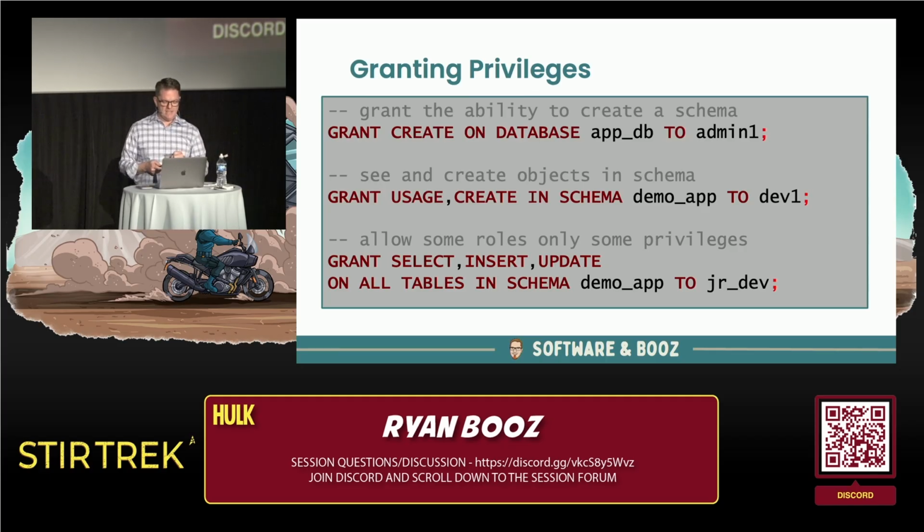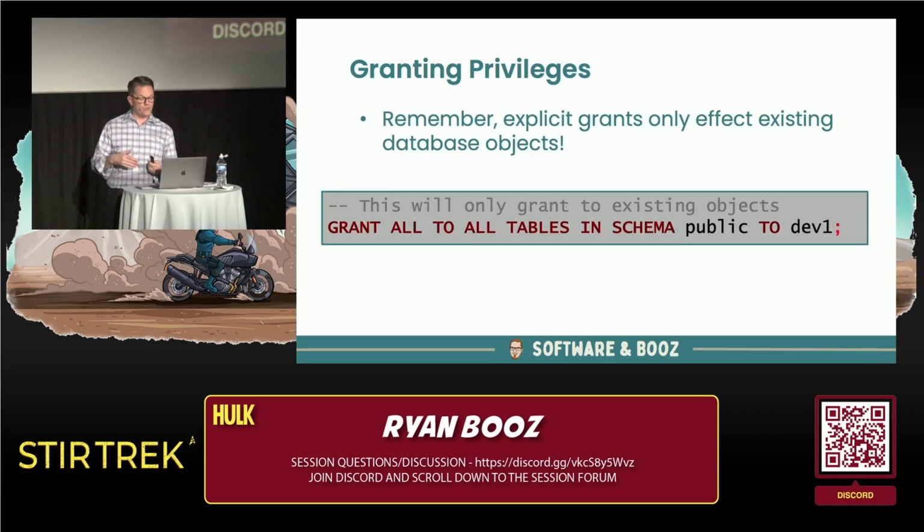And then I'll give this example, and I'll do this in the demo. We have this role called admin. We have the schema called appdb, and we grant create, so that role can create objects in that database. Then we give the app role permission to create stuff in that database to dev1. And then maybe for a junior developer, they can't create, but they can update, insert, delete, and so forth.